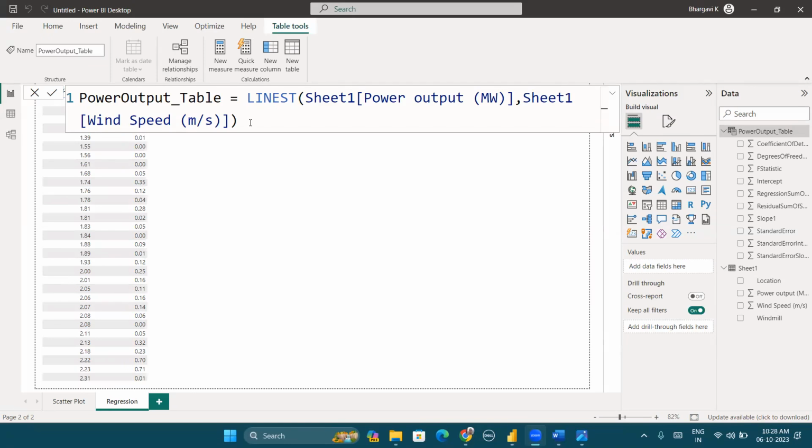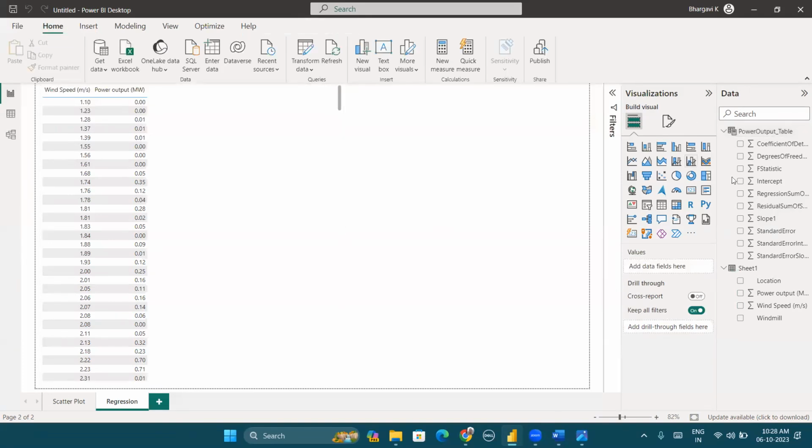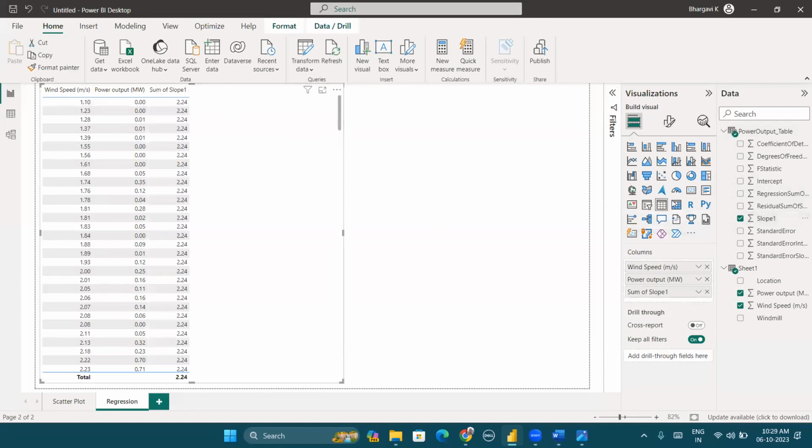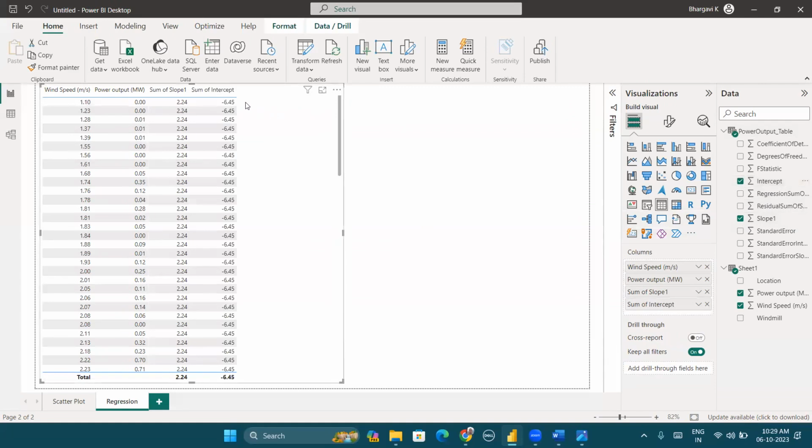So I hope you all understood this. It is taking the power output and the wind speed, the Y and the X, and it's going to generate all the fields which we need, which in fact, many more than what we need for performing regression analysis. Okay. So once you do this, the table is ready. We know what is the slope. We know what is the y-intercept. So just to show you, let me click on slope. Slope is 2.4 and the y-intercept means the place where the line